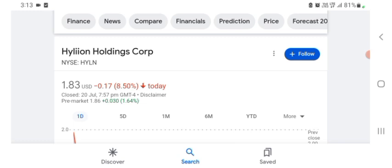I don't really know what Hylion does, so I am going to go to the profile here and just take a look at what they do. So it says a functional materials and nano company. Its products include medical laser glare protection, so kind of interesting. Still does not really make a ton of sense to me. I guess I have to see one of their products, but they are basically a tech company, and it looks like they are doing technology things. Basically, I am just here to take a look at the financial chart of Hylion. The stock is trading at 1.83 US dollars